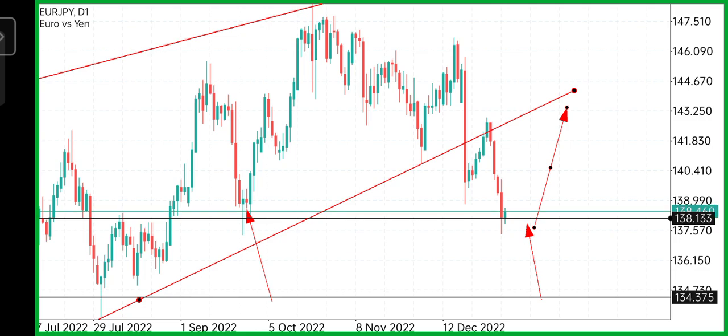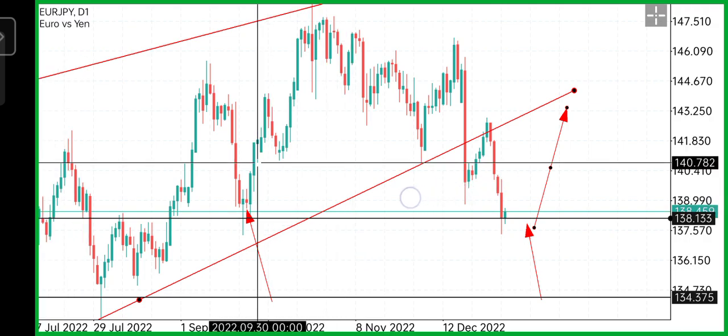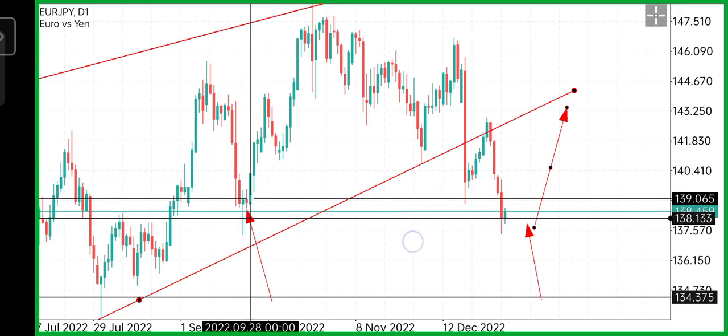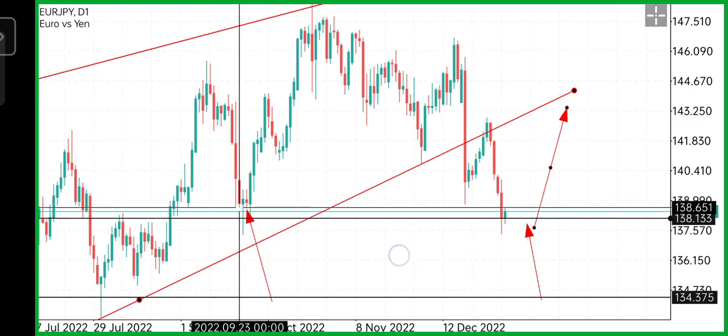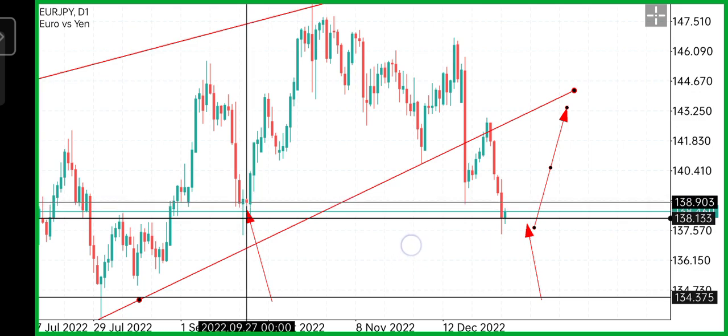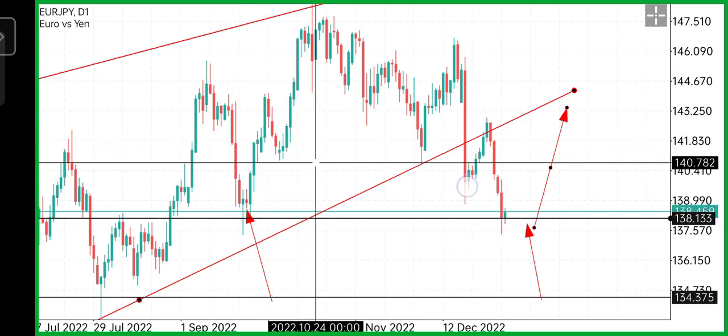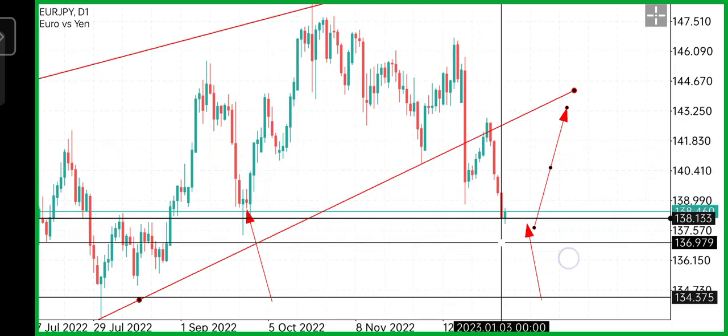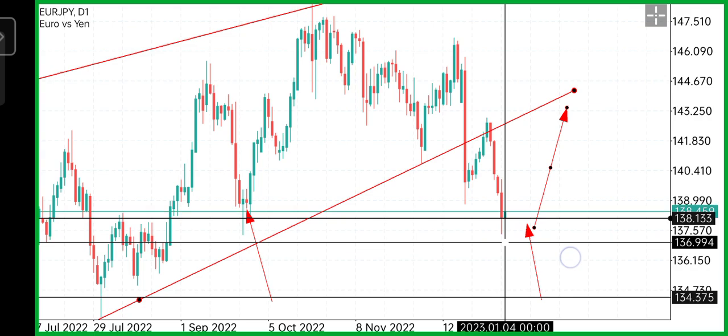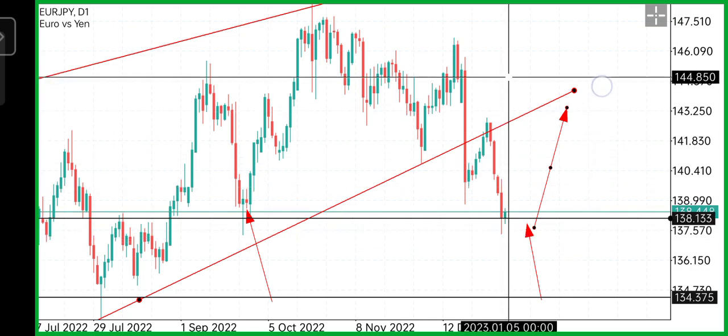What happened here? When was it? The reversal happened probably on 2022, October the 28th. That's where the rejection was happening, between 28 and 27. That's where the market was reversing, going up. So there's a high chance now, January 3 or January 4, the market can go back up again,